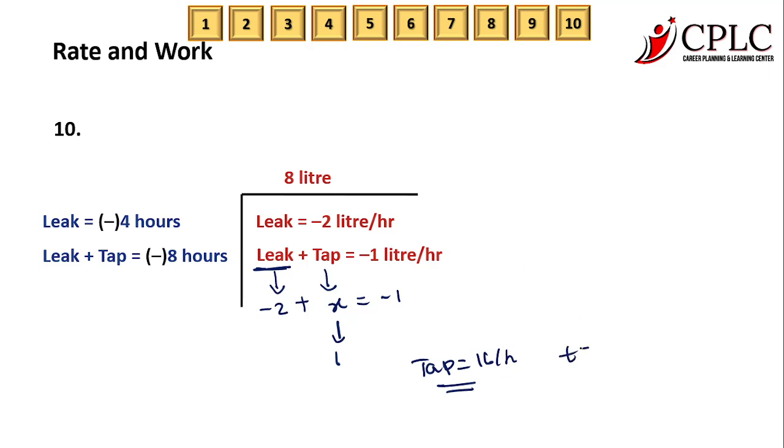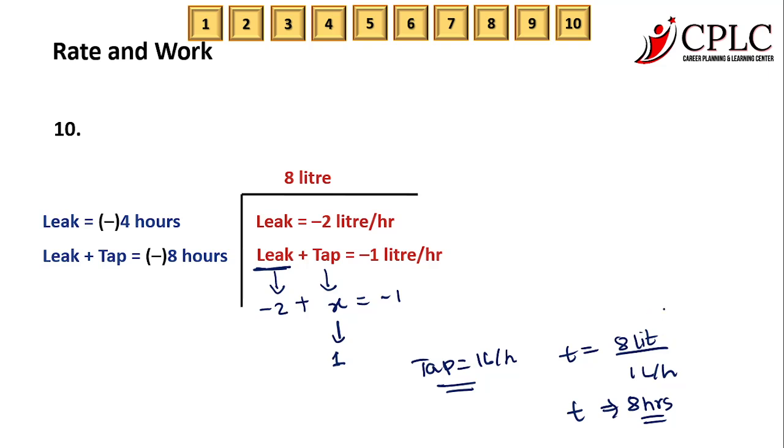So time क्या होगा, tap को अगर वो 8 लीटर भरना है and उसका speed है 1 liter per hour, तो obviously उसको 8 hours लग जाएंगे भरने के लिए ये vessel को, according to us basically, because tap का capacity आया 1 liter basically. -2 + 1 is -1 and 1 liter के हिसाब से 8 liter भरने के लिए 8 hours लगेंगे 1 liter per hour के हिसाब से. Now this is all our data. We have to now look at their data because